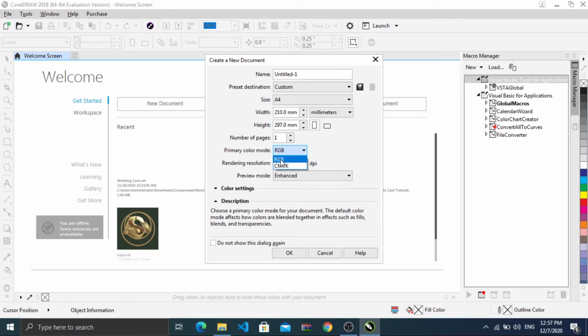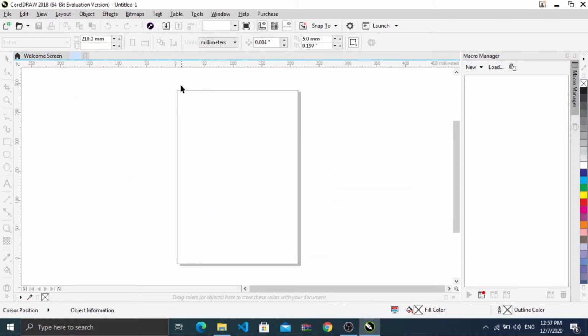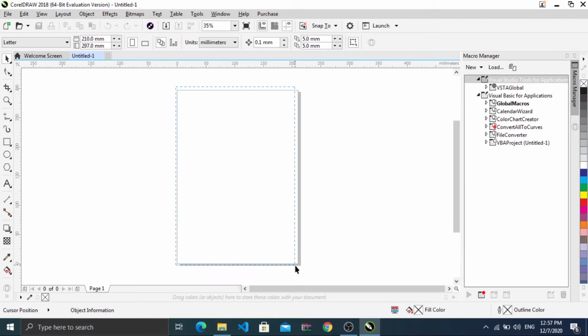Mostly RGB will be used for things that are displayed on the screen, and CMYK will be used mostly in printing. So here's the resolution, but I'm going to use the default setting. I will press OK. This will give you an A4 size paper. This is an A4 size paper, and the first thing we are going to do is draw a square